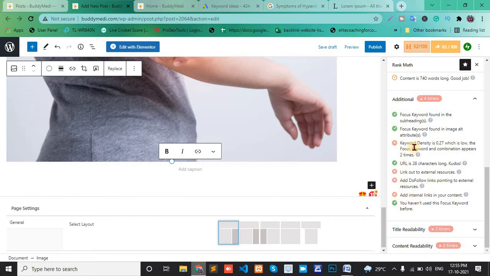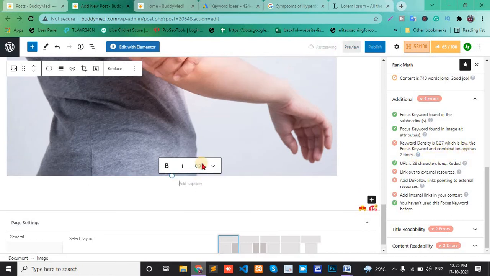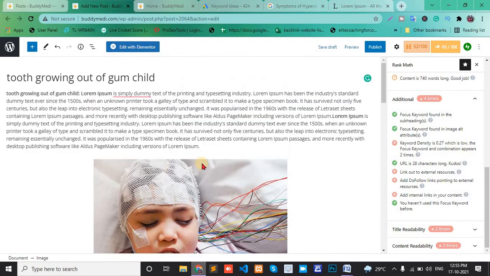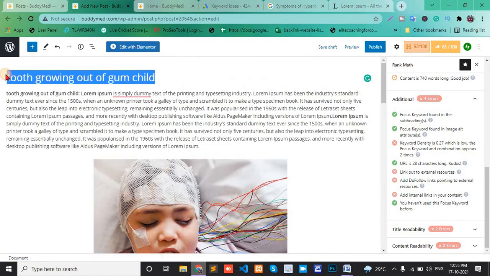The next is keyword density 0.97. The focus keyword and combination appear 2 times. Means your focus keyword is used less than 2.